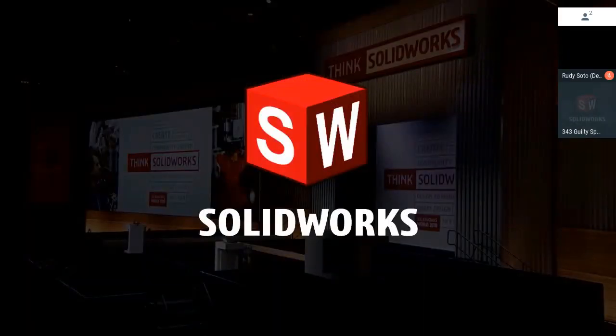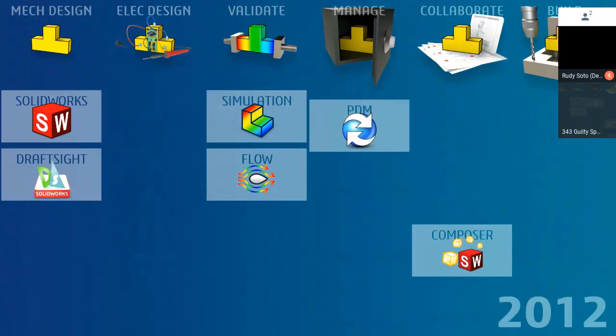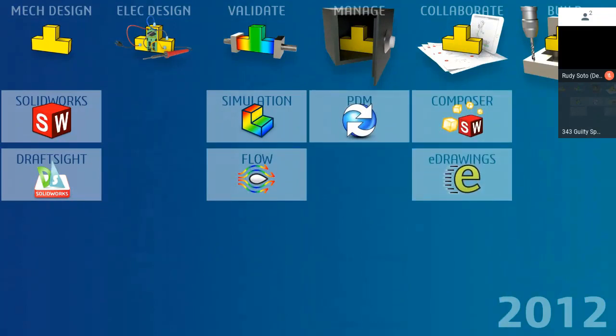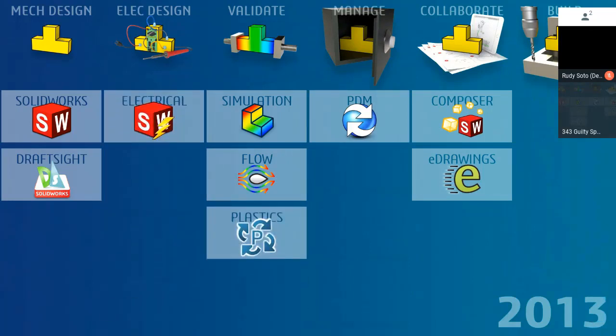And of course, when it comes to the SolidWorks software, there have been some changes over the years that I just wanted to mention here. Back in 2012, we tried to take our customers through the entire design and manufacturing process. But over the years, we added packages. In 2012, this is all we really had. In 2013, we added the SolidWorks Electrical package. If you're doing electrical design, ECAD, it's a true 2D ECAD package, but it also integrates with our 3D package. We offer plastic simulation as part of the simulation family, so if you're doing mold design and you need to simulate the parts being injected.